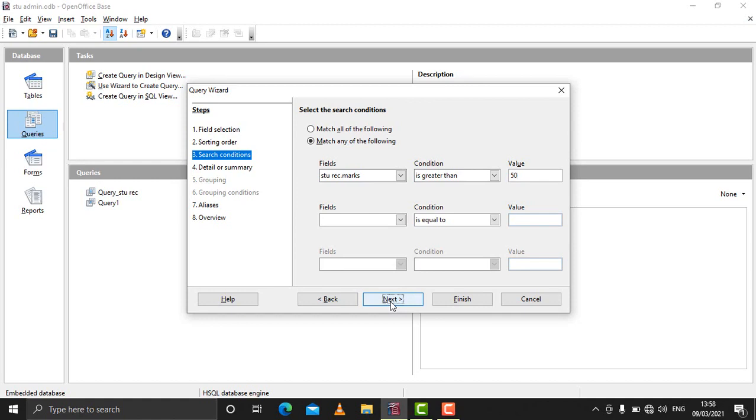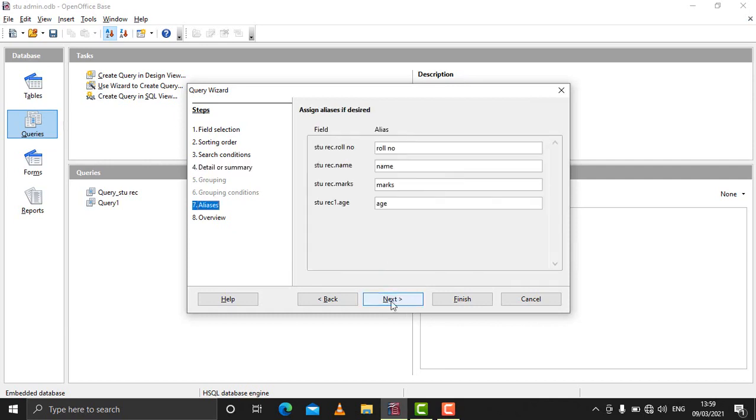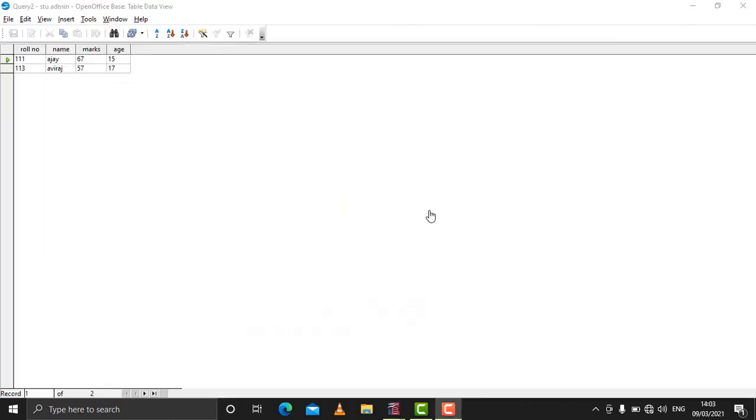And then I'll click on next, and then click on next. It will show the field names as they will appear in the query: roll number, name, marks and age, and then next. And then finally you have to click on finish. As you click on finish, this query will be created.